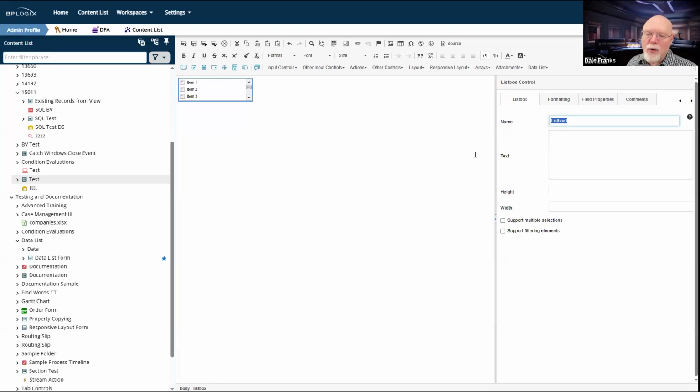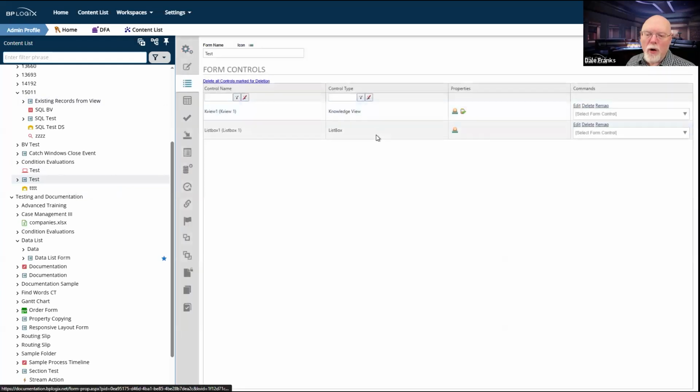It's kind of tricky because of the way that Process Director forms work with the Form Controls tab, where I've got list box one here, and note that it is marked for deletion. And then I put another list box one on, and the system was confused about, is it the deleted list box one? Is it the real list box one?